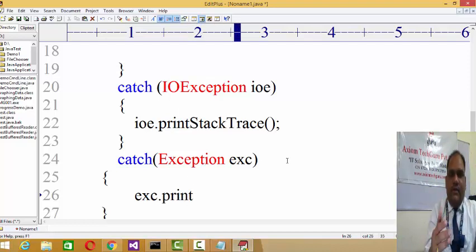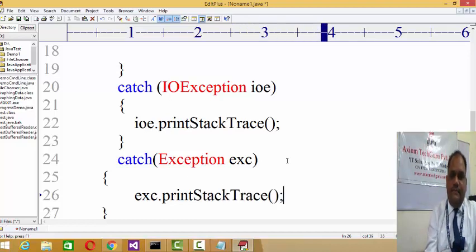As I said, I am giving some direct references about the exceptions without explaining the detail of exceptions. But as this topic is related to data input techniques, I'll be firstly focusing on the data input techniques, and regarding the exceptions, what the printStackTrace method will do, what is catch, what is try, and what are the various types of exceptions, I'll be discussing that in a separate session. So I don't have any other choice rather than discussing exceptions, because if you are using a BufferedReader, it has to trap the exceptions called IOExceptions, right?